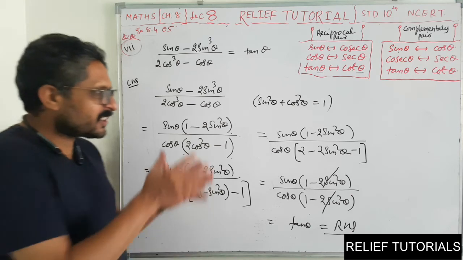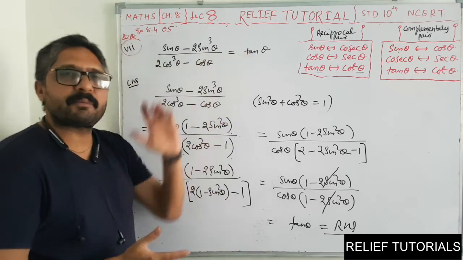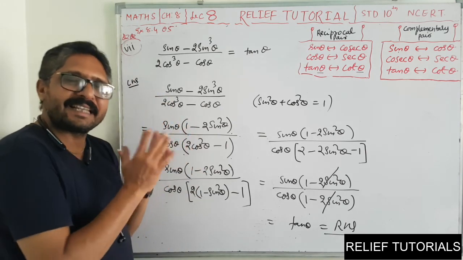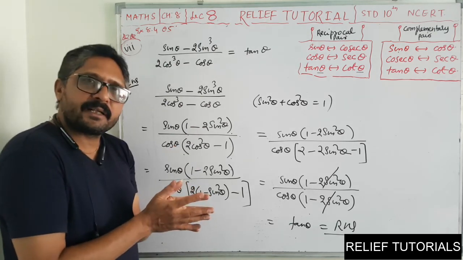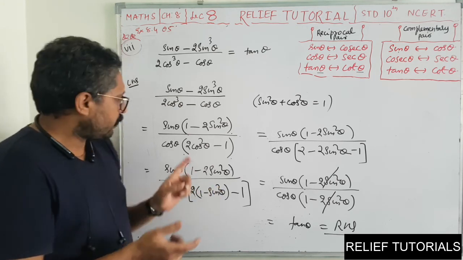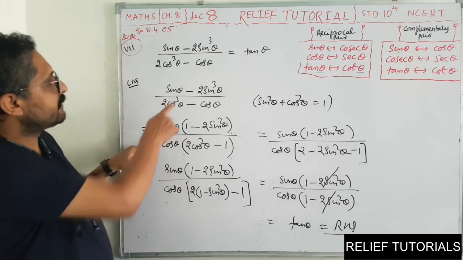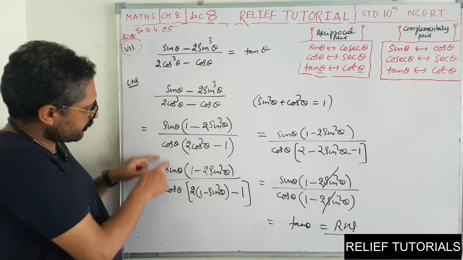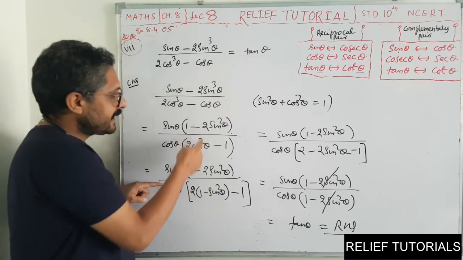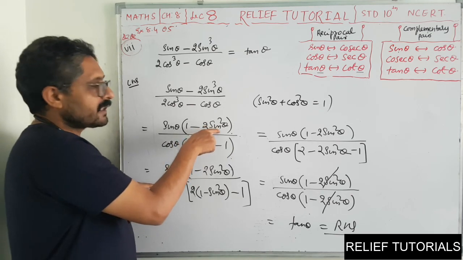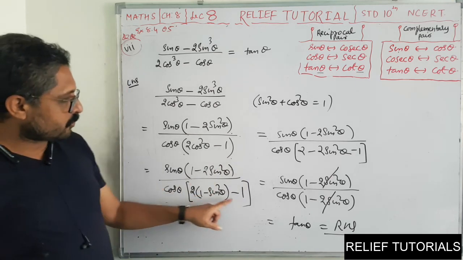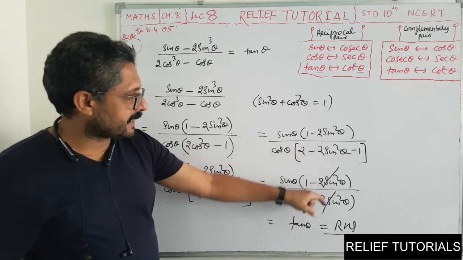Have you got it? So which things you have to keep in your mind while solving this type of problem? First you will convert given ratios into sin and cos. After converting them into sin and cos, think algebraically, and while thinking algebraically, what will appear? Either taking LCM, or using an algebraic identity, or taking common. Once you have taken common here, from here you have taken sin, from here you have taken cos, sin upon cos is tan. Keep RHS in your mind, RHS is tan theta. So this has to get cancelled. When will they get cancelled? When they are same. So make them same. So sin square is converted into cos square, or this cos square into sin square. So now everything is sin square. So solve this. Numerator and denominator will become same. You will get it cancelled, sin upon cos is tan.